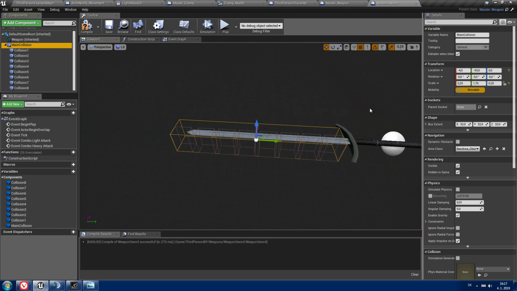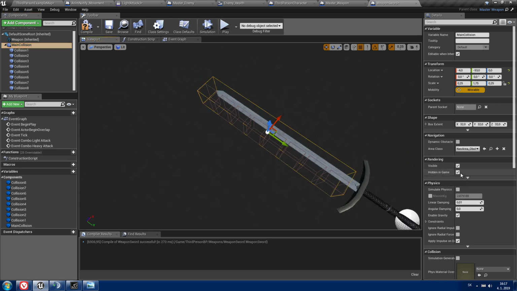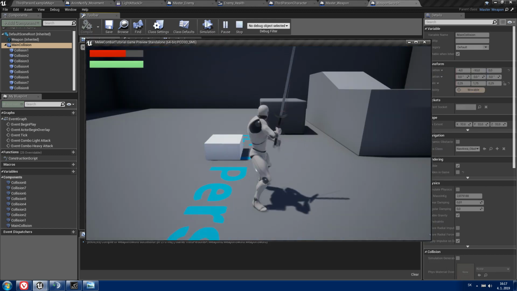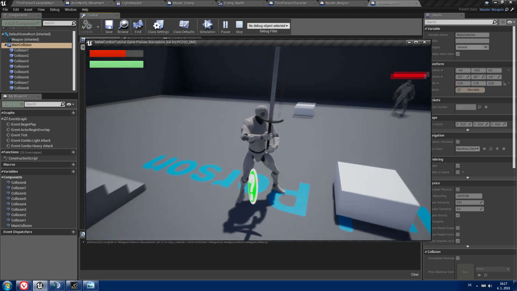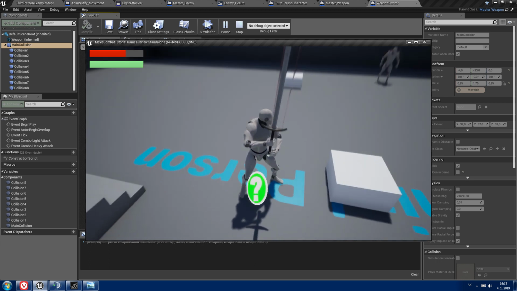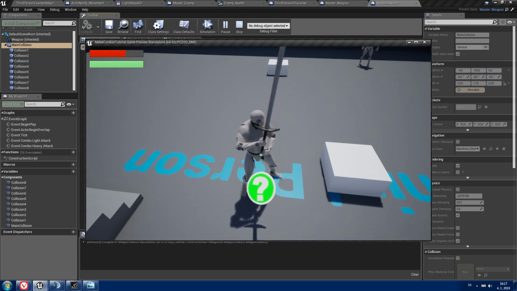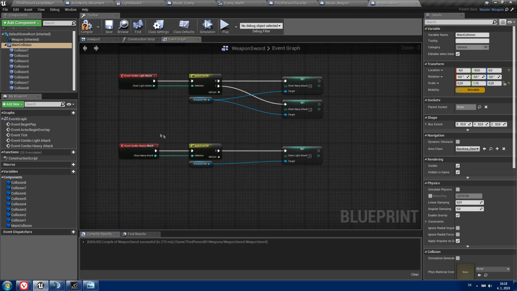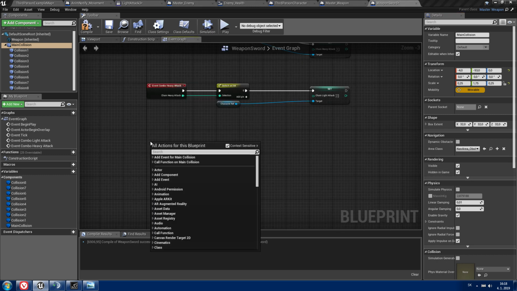Always don't forget to check where the collisions are facing, so if you uncheck the hidden in game and play, and equip weapon, you can see that I got my collision right, and if it will be on the back side of the sword, you need to move it forward. So now I'm gonna check hidden in game again and go to the event graph, right click and type attack